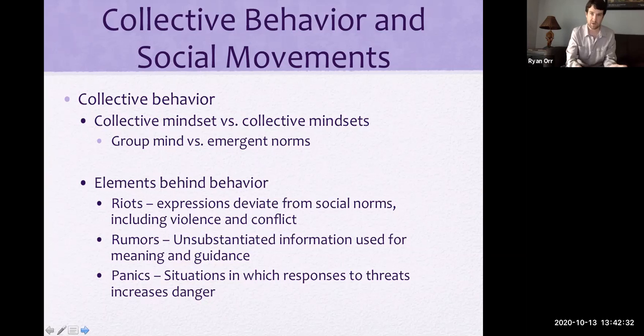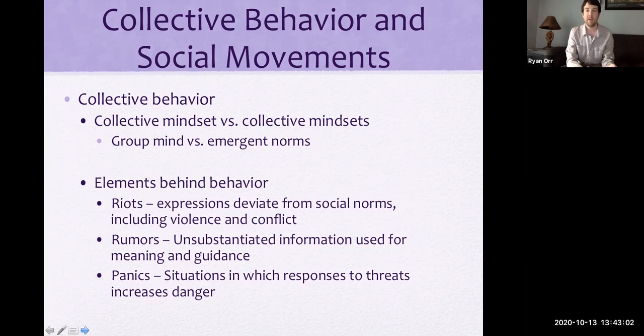But if you actually start to talk to people, although they may be together in their collective behavior, they may have different motivations for doing it. So you see the switch from a group mindset, a collective mindset, to more group mindsets, plural, collective mindsets, plural. And here you get the idea of these emergent norms driving the situation rather than a